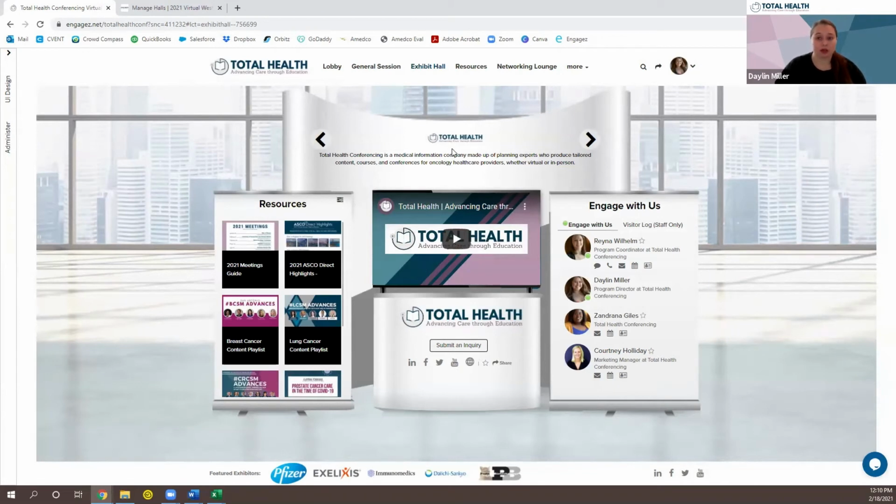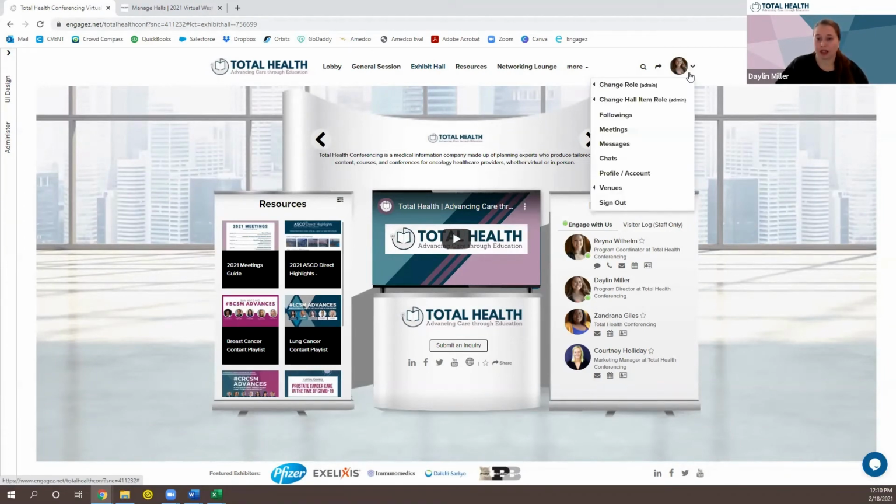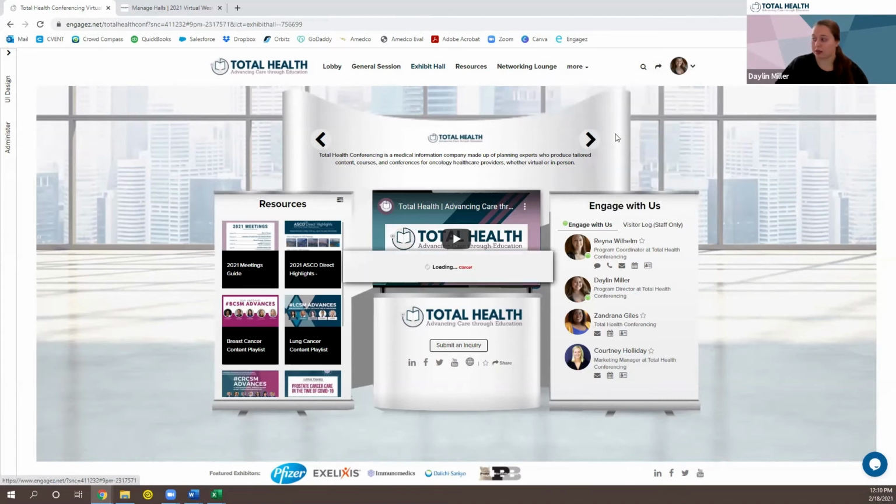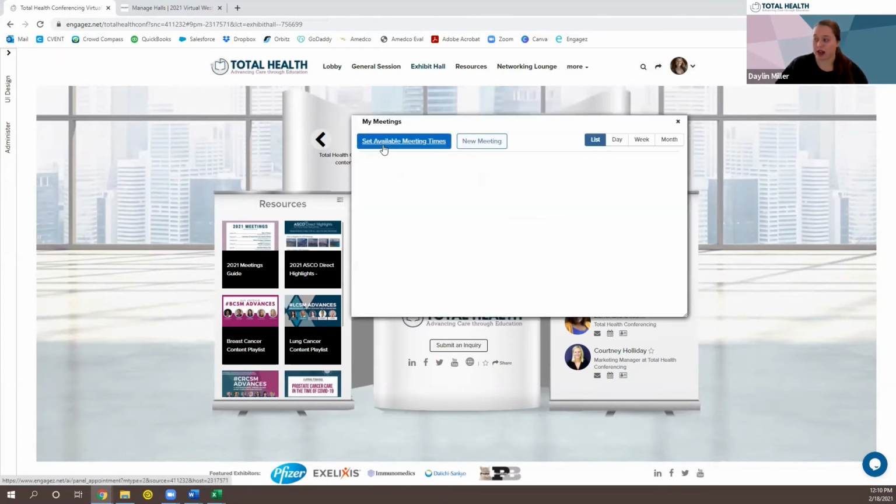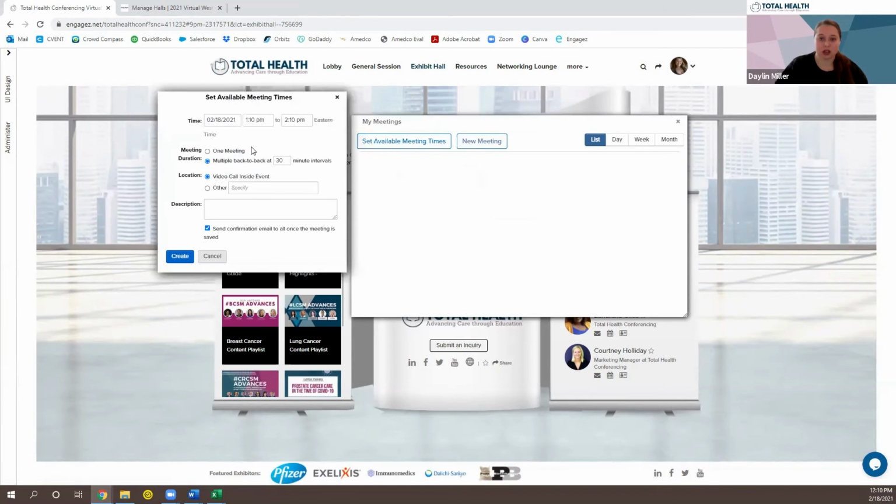We recommend you set your availability times as soon as you sign into the platform. You can select your times by going to the drop-down arrow next to your photo on the right-hand side of the screen. You'll select meetings and you'll see you're able to set available meeting times. You'll have the options to select the date,